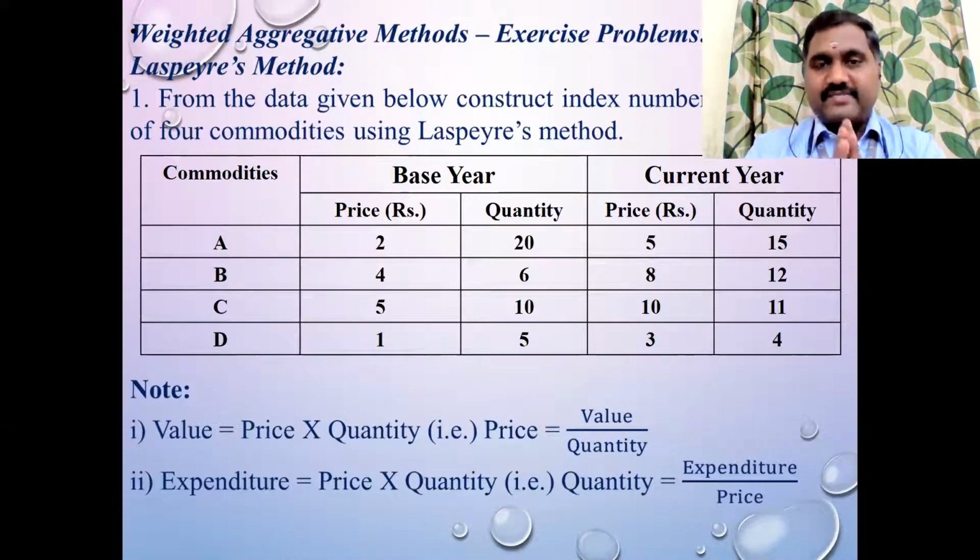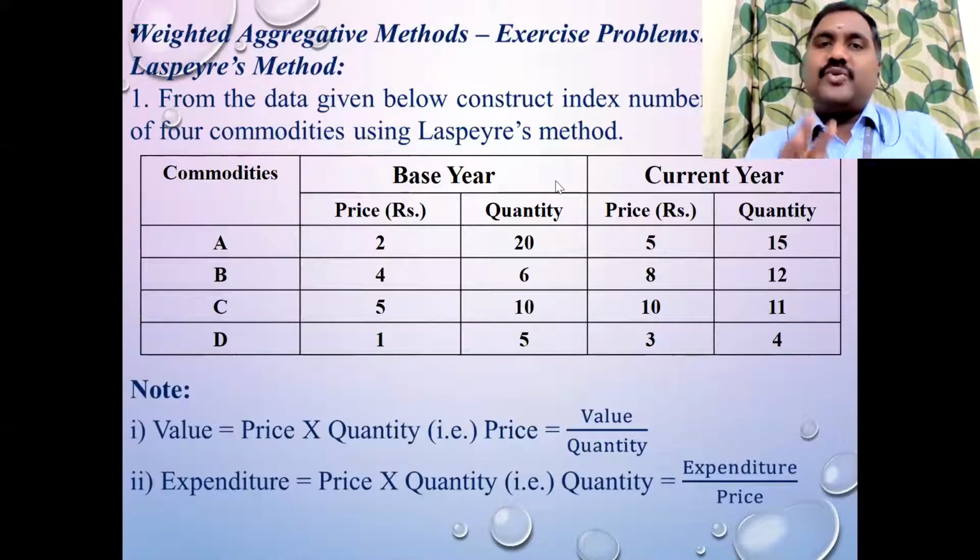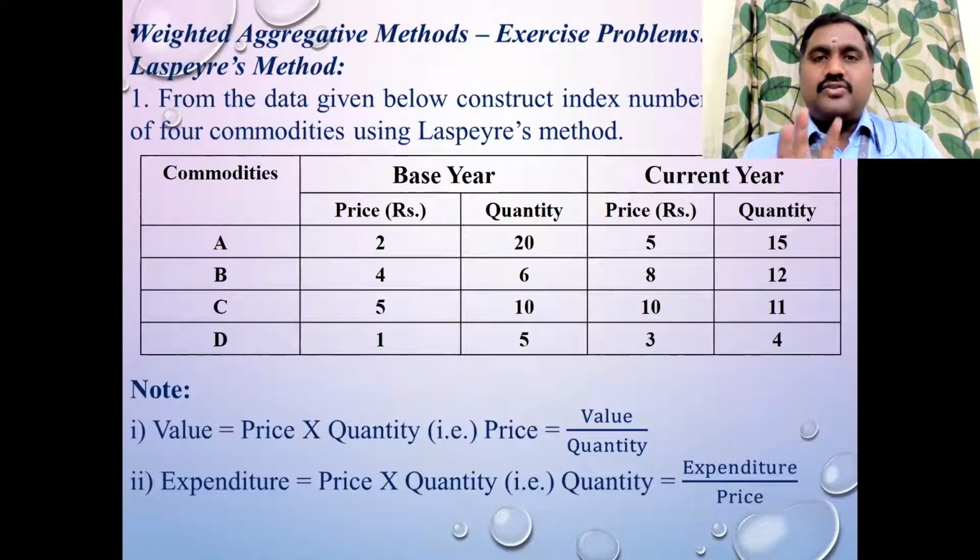Okay, in that case, for example, take the same problem. Price is given, 2451, and instead of quantity, you just take that value. They didn't give the quantity. Value is 2610.5. Now what do we have to do? Actually we need P and Q, price and quantity, for the formulas to find the index number. Because in the formula we have only P and Q, right? But in the problem, they have given only price and value, P and V. So how to calculate the quantity?